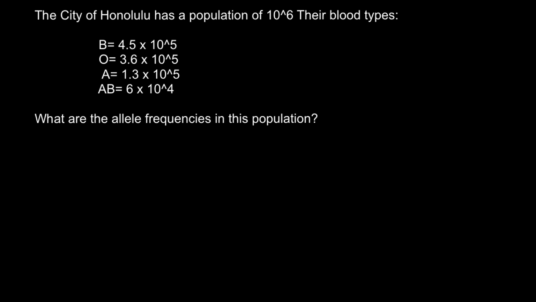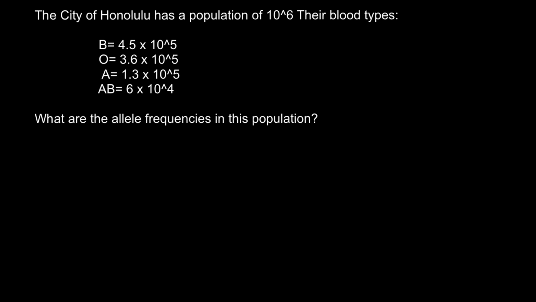At first glance, this is an easy problem. We just have to find the real numbers here, add all those numbers and divide each number for each phenotype by the total number of alleles or people. So these numbers represent the number of people. So this is maybe a 7th grade problem, but not everything is as simple as you may think, because only phenotypes